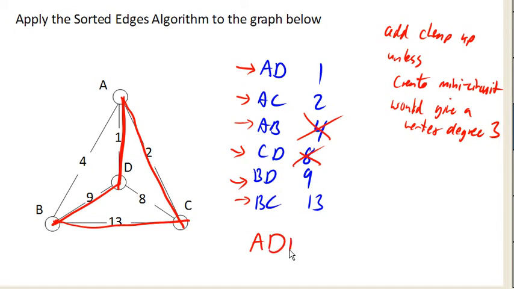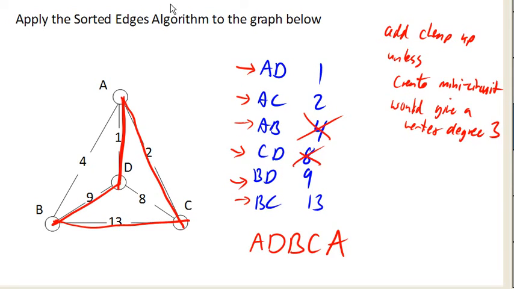Notice I just picked a starting point and a direction, so I said A, D, B, C, A. It would have been totally correct here also to say A, C, B, D, A. That is equivalent. If I didn't care what vertex I started at, I could also start it at B, but usually we list our answers starting at A. And there is our circuit, and that circuit ends up having a total cost of